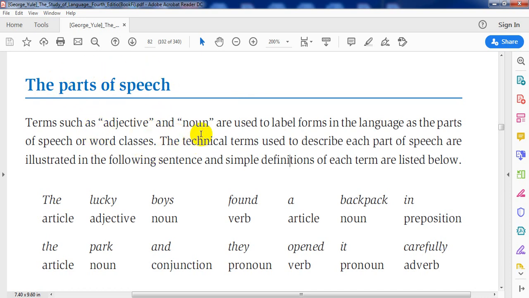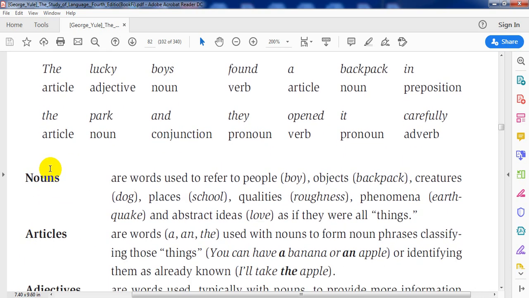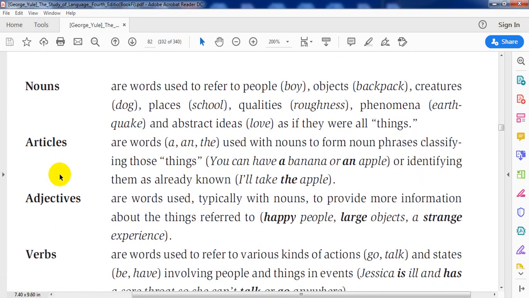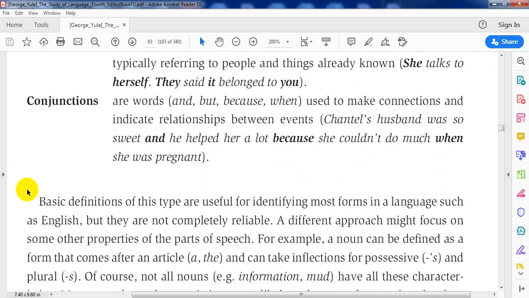And we said that those terms are taken from Latin and Greek. Why? Because the English language is heavily affected by Latin and Greek. So all those grammatical descriptions, parts of speech, are taken from Latin and Greek. And we have given some definitions and explanations for those terms. And the last thing we discussed, we started with what's